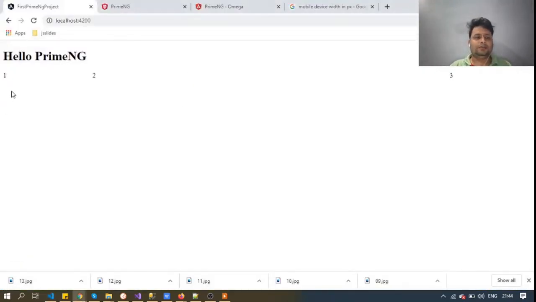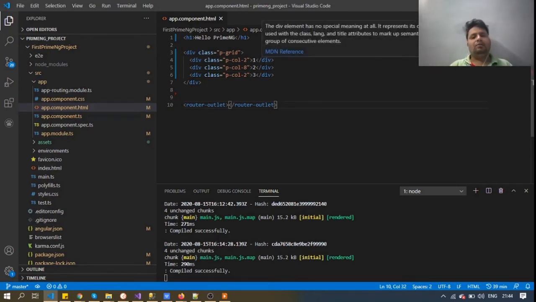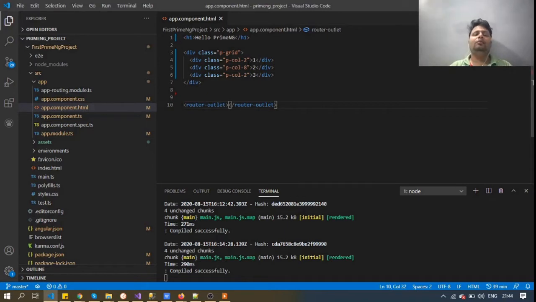Now you will see that the first div contains 2 columns, the second one contains 8 columns, and the third one also contains 2 columns, right? So the entire row will be divided into 3 different parts, right?